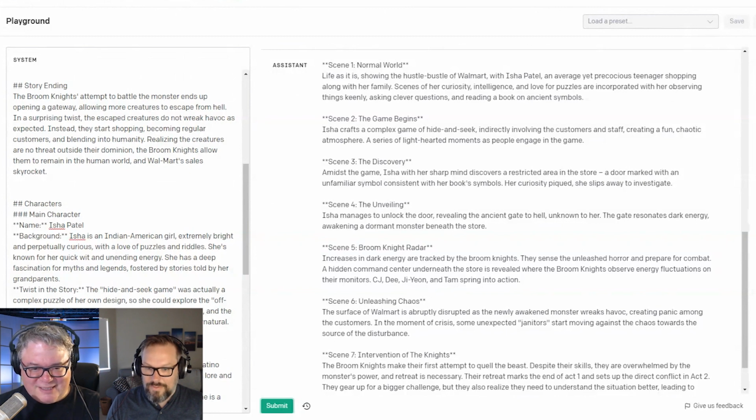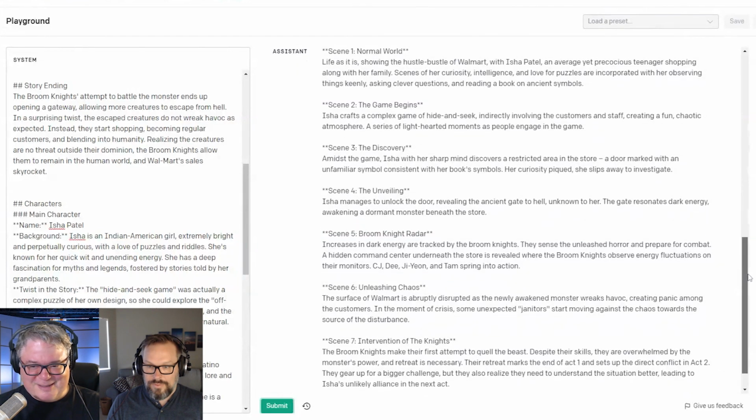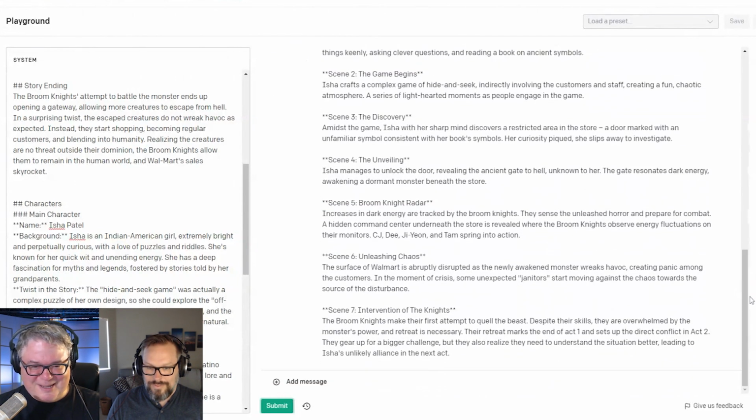Scene 6, Unleashing Chaos. The surface of Walmart is abruptly disrupted as the newly awakened monster wreaks havoc, creating panic among the customers. In the moment of crisis, some unexpected janitors start moving against the chaos toward the source of the disturbance. I mean, I can see this as plain as day in my head, right? Scene 7, Intervention of the Knights.